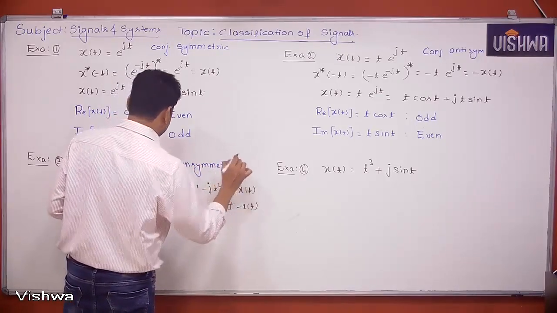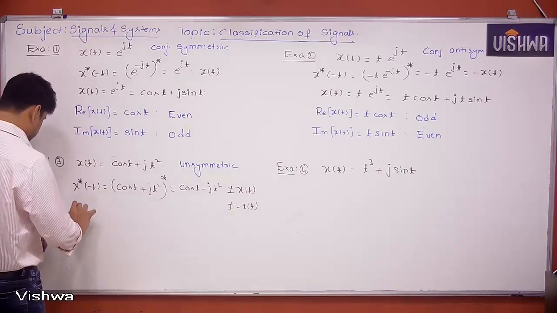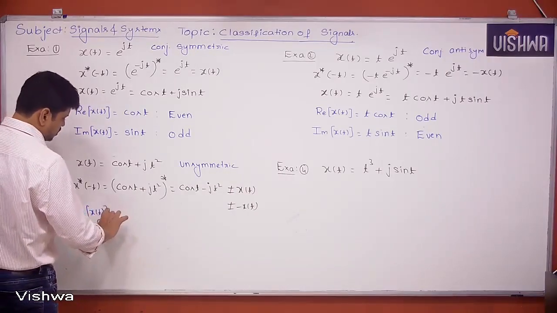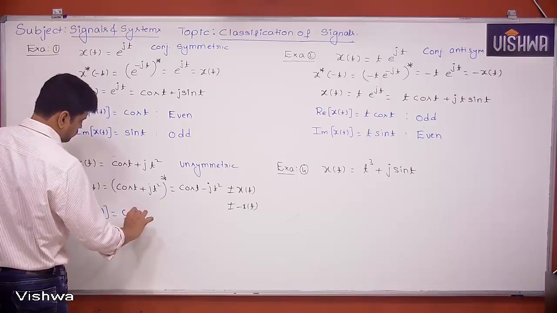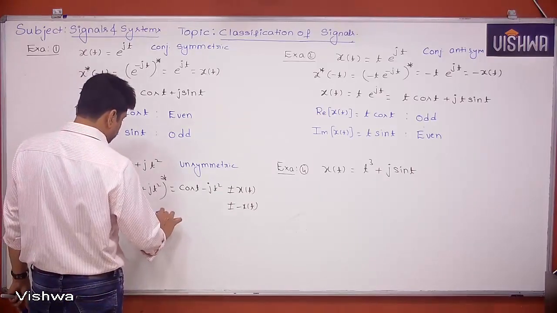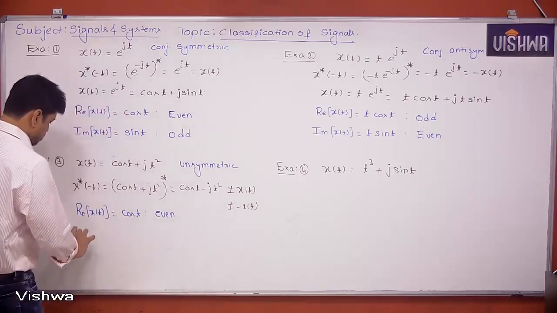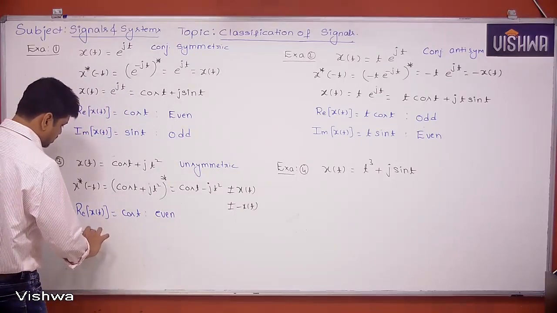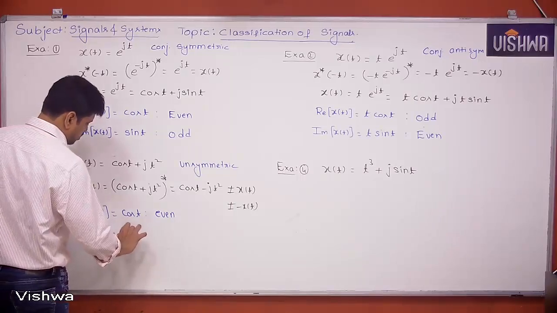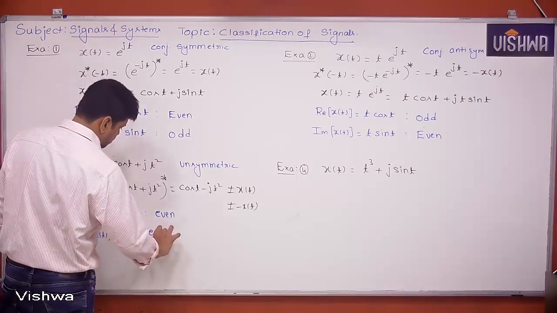Unsymmetric. If I say real part of x of t, which is cos t, that is an even function. Imaginary part of x of t, which is t square, that is also an even function. Next,